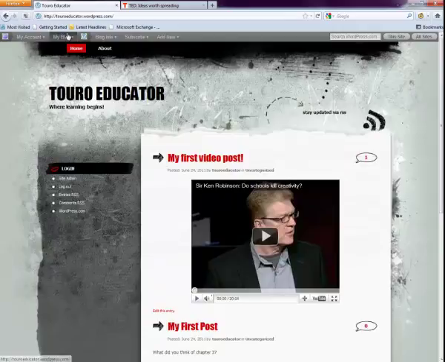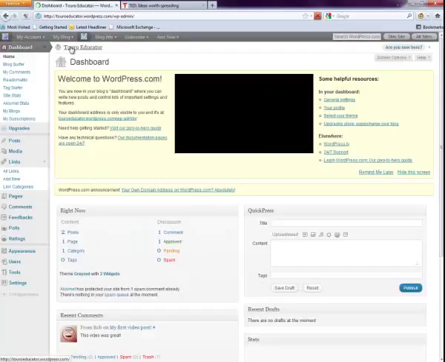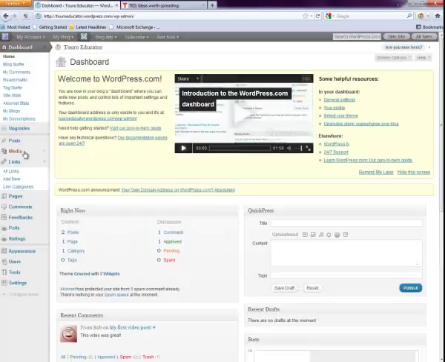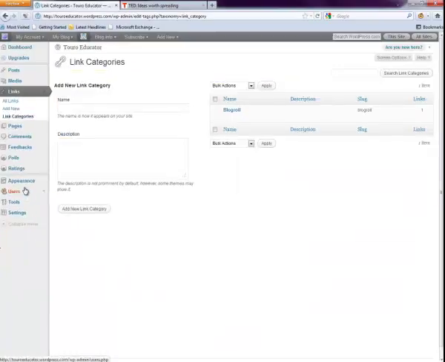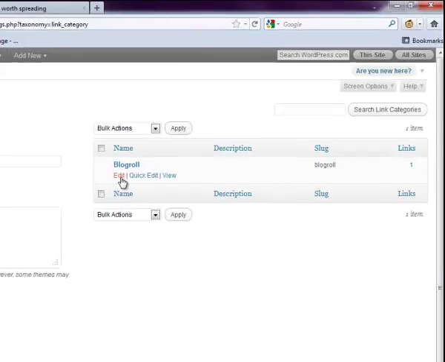Let's get up here to the top, and we're going to go back to the dashboard. And remember, we're working with links, okay? And then it's going to be called link categories. So I'm going to click on link categories. And here you see it's called blog roll, and that's where I put TED. So I'm going to say edit blog roll,